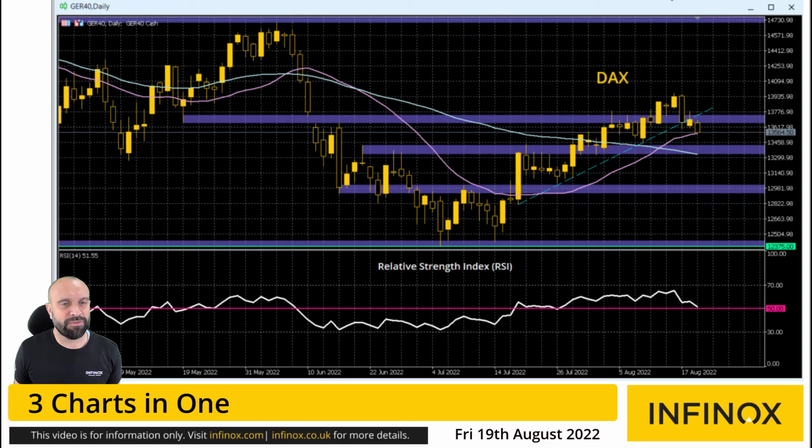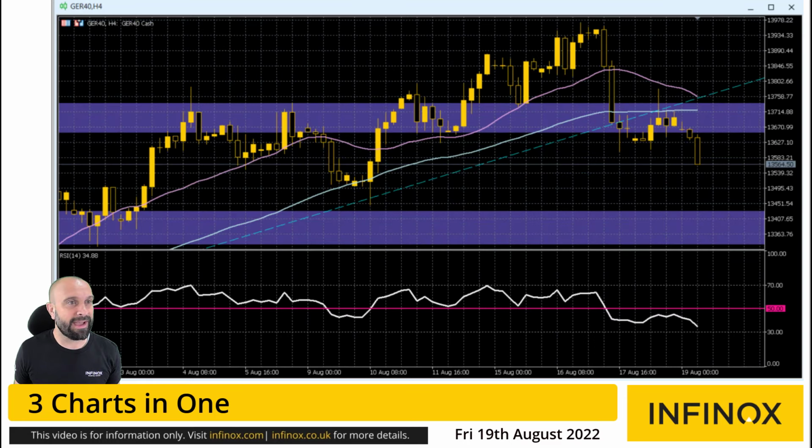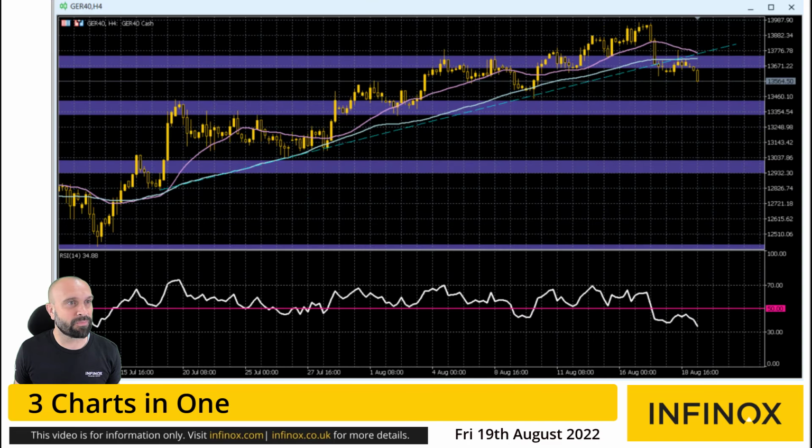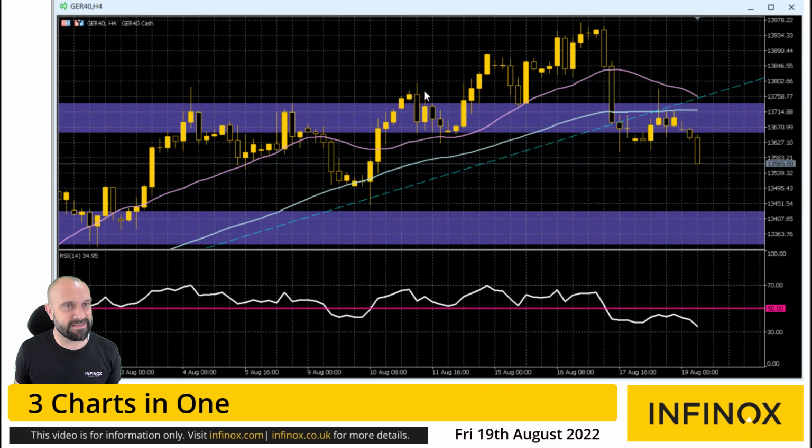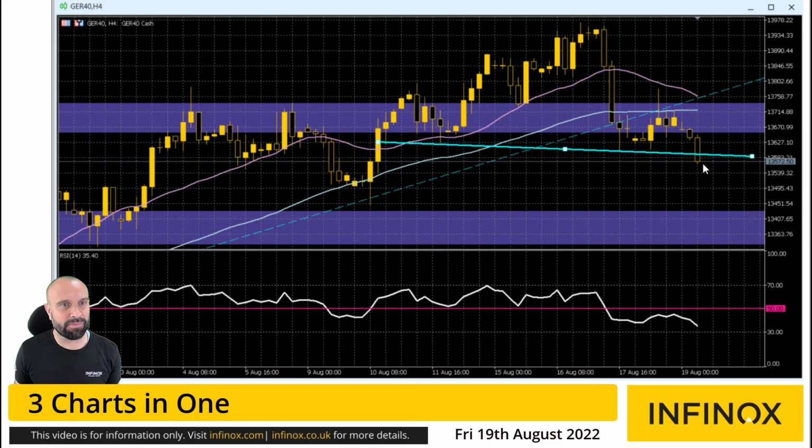If I go onto the 4-hour chart and come out one more level, in the last few minutes it's broken what is essentially this head and shoulders top pattern. It's completed a little corrective move. I can put the neckline here, and we can see that has now been broken on an hourly chart basis. If you measure that, it measures around 270 ticks of downside potential from the breakdown point at